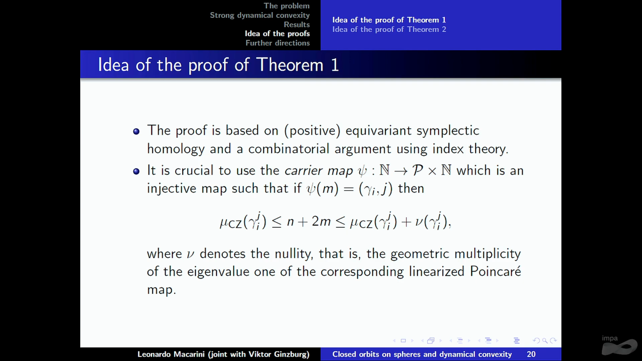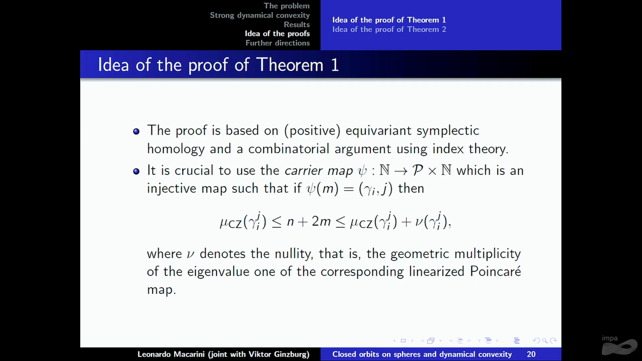It's crucial to use the so-called carry map, which is an injective map from N to P × N. Recall that P is a set of simple periodic orbits that satisfies this property. Where do these numbers n + 2m come from? They come from the fact that